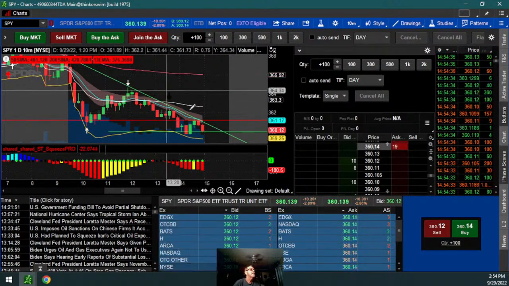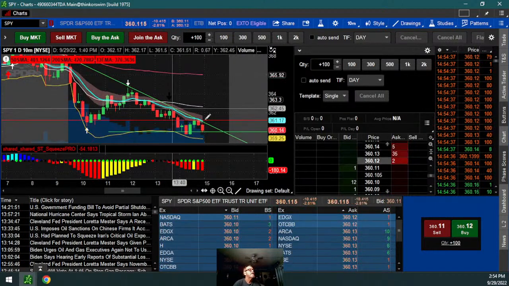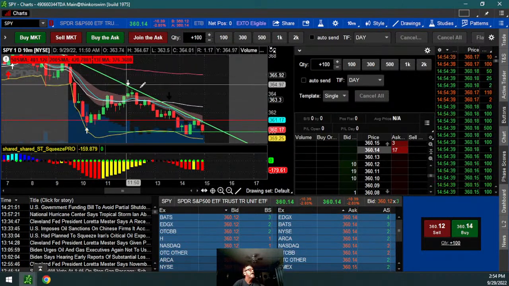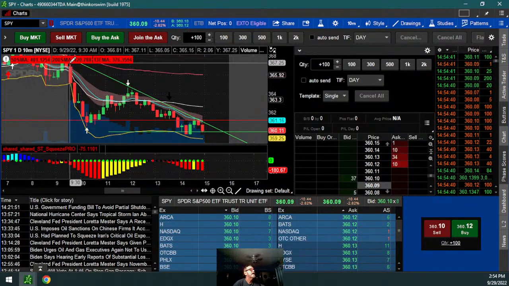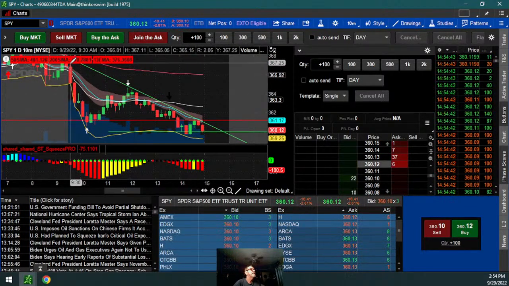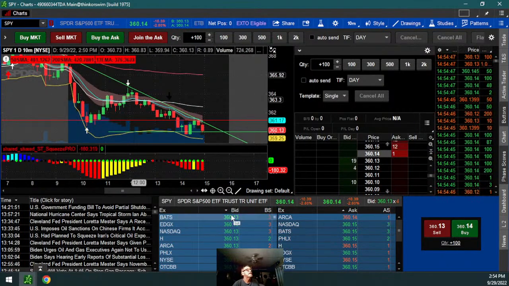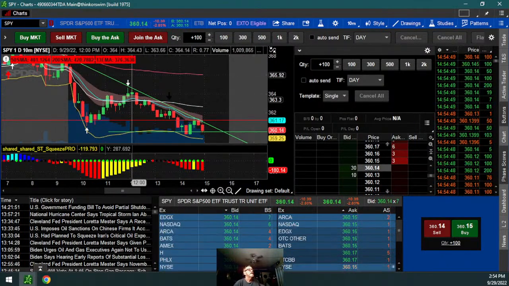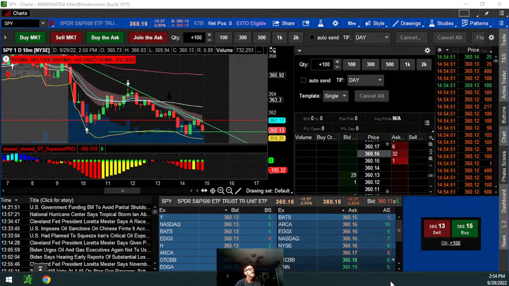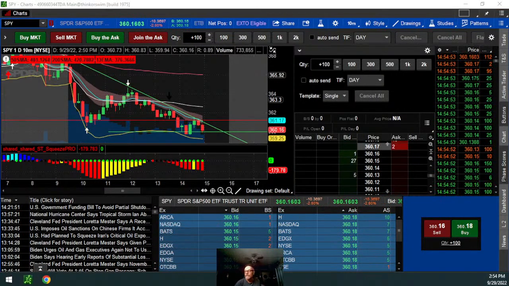If I was to look at it that way, I would see a descending triangle from here. We had the same thing from here. If I'd made a mark from here this morning, down to here, you would have seen a descending triangle that way too. So right now we're still going down.